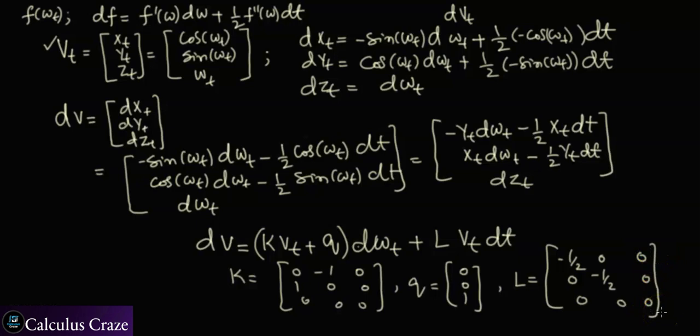What is left? So we also need to define the initial condition. So the initial condition is V_0, which is given by 1, 0, 0, right? So that's how you define. Let me reinterpret everything again. So we had a particle moving in the helix Brownian curve, and its position at time t had the components x, y, z. Then we have formed the stochastic differential equation for that position V_t.